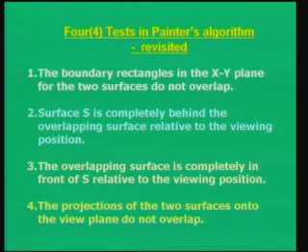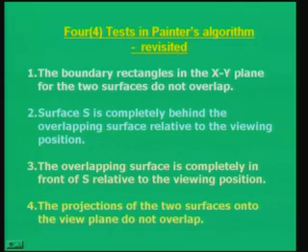Of course, the first test is that the z extent, which I termed as the 0th test, that the z extent do not overlap, and then the first test says that the bounding rectangles in the xy plane of the 2 surfaces do not overlap. So, look at the rectangles and look at the extent along x and y directions. If that fails, you check whether the surface S is completely behind the overlapping surface relative to the viewing position. Okay. So, because we are going to paint S, and we must check whether it is completely behind an overlapping surface in front of it.